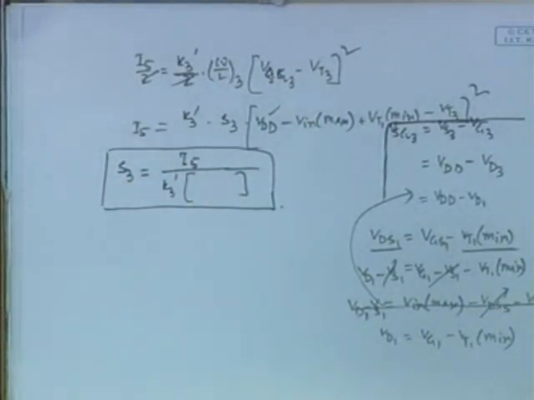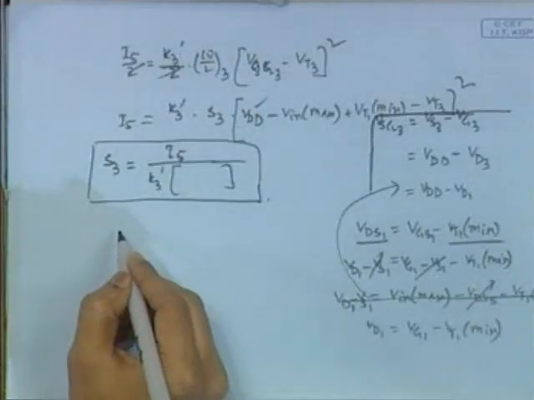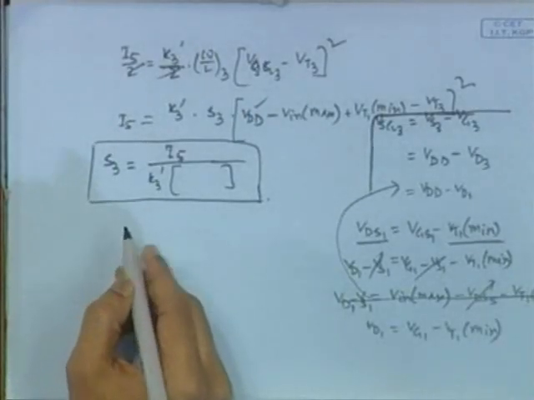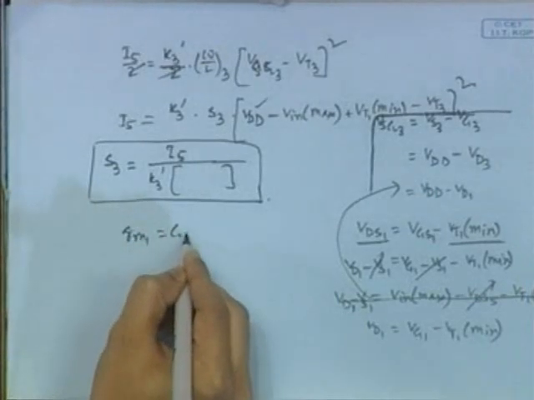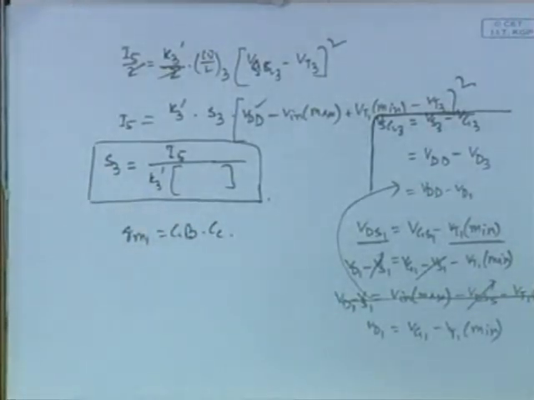This is the aspect ratio of the M3 transistor, and I have previously told you that the aspect ratio of M3 and M4 is the same. So we are already done with the M3 and M4 transistors. Now we will go for M1 and M2. To start with M1, what was the formula for GB? GM1 by CC. So GM1 is basically GB into CC. GB is provided by the specification. You know GB and you know CC, so you will clearly find GM1.